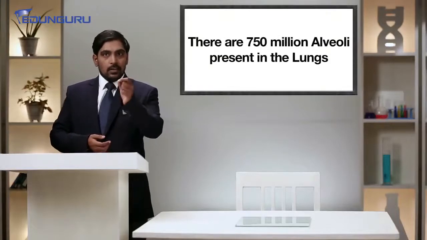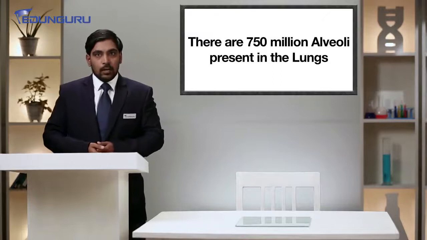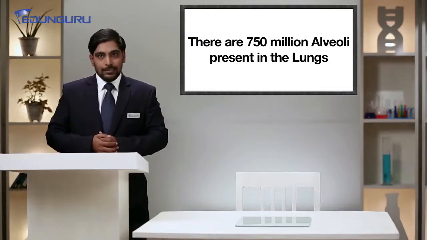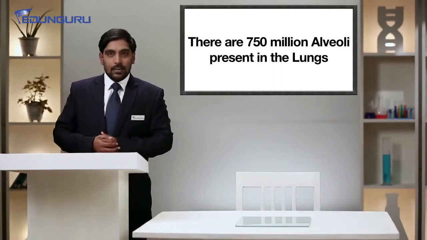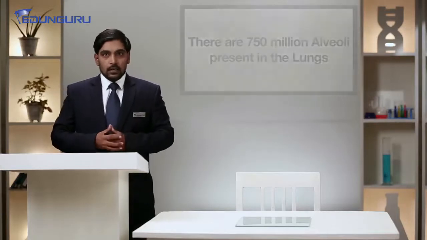When we talk about alveoli, can you imagine the number, how many alveoli will be present in the lungs? Any random guess? Lakhs? 2 lakhs? 3 lakhs? No? I give you the answer. There are 750 million alveoli present in the lungs. Shocked? Yeah, 750 million alveoli. So these alveoli are the most important part. The number of alveoli will decide the sponginess, the healthiness of the lungs. So let's move on to lungs, and the detailed structure of alveoli we will deal with in the later part.